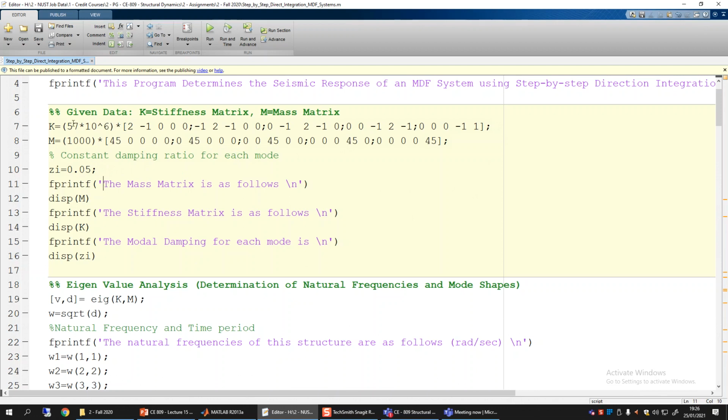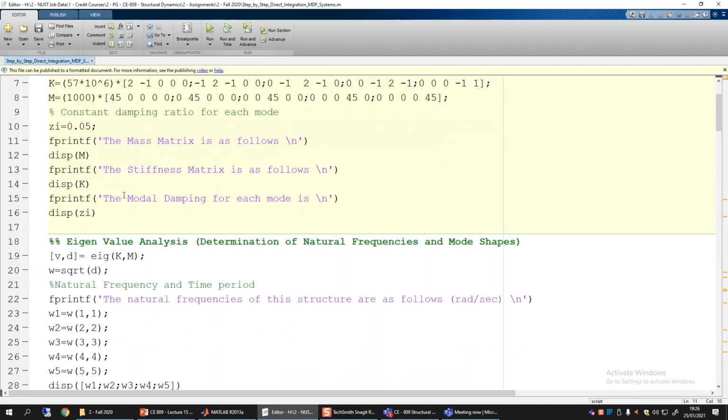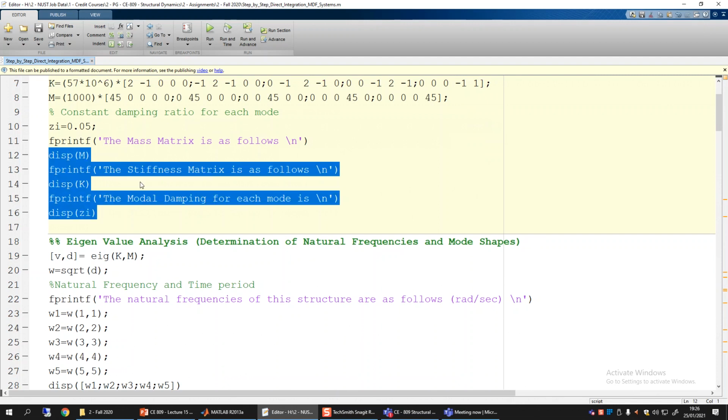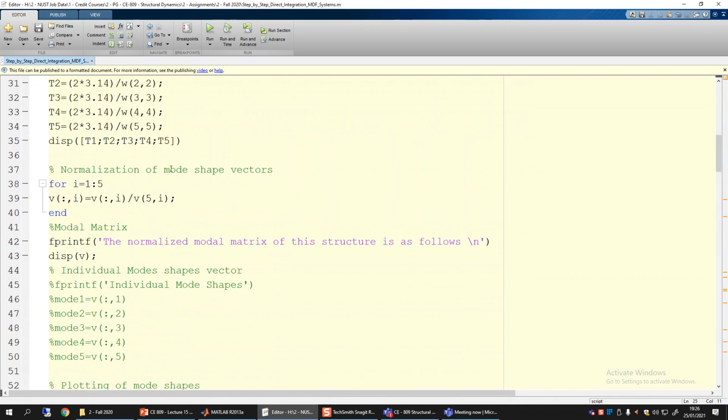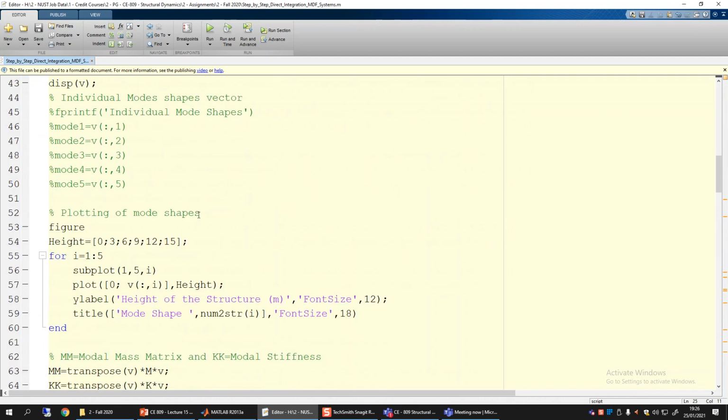It's a 5-story, 2-dimensional shear building. So the K and M matrices are 5 by 5. This will simply display the M, K and xi values first. Then we have the eigenvalue analysis, although it is not required. Let me just skip that one, because the same code I use for plotting the mode shapes also. We don't need it now. We will directly go to the forced vibration response, which will not have any role from the mode shapes concept.